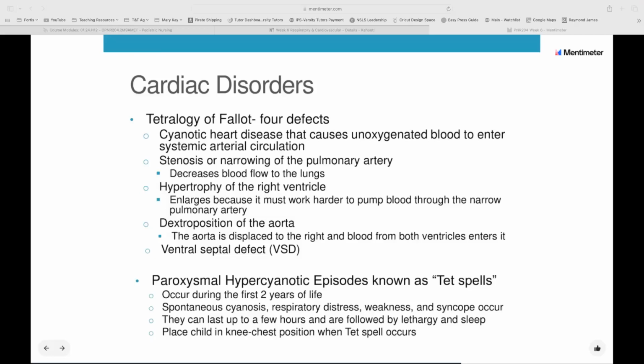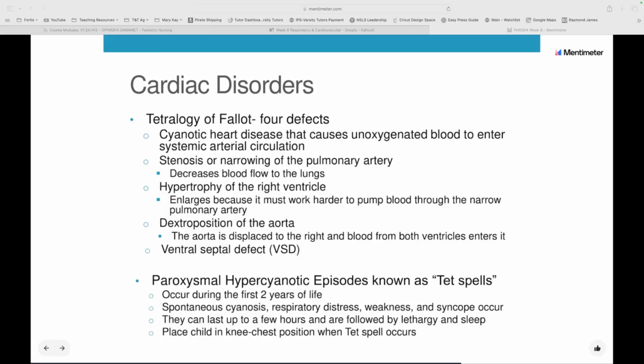So the two things that we can do for this child is, if they're an infant and they're too young to be mobile on their own, we're going to pull their knees up to their chest. This is going to force the blood from the lower half of their body to return through the heart to be oxygenated. So we're using that abdominal pressure to help return blood flow so we can resolve that TET